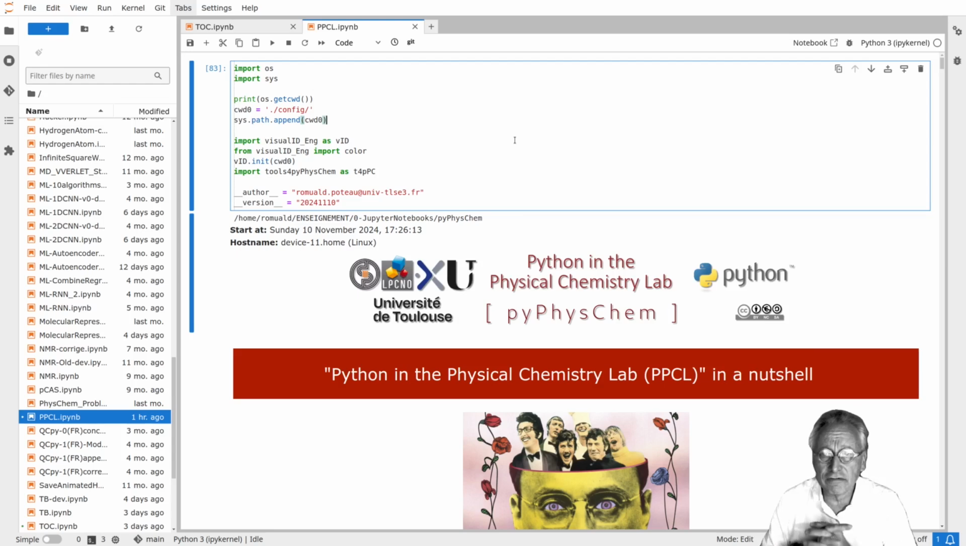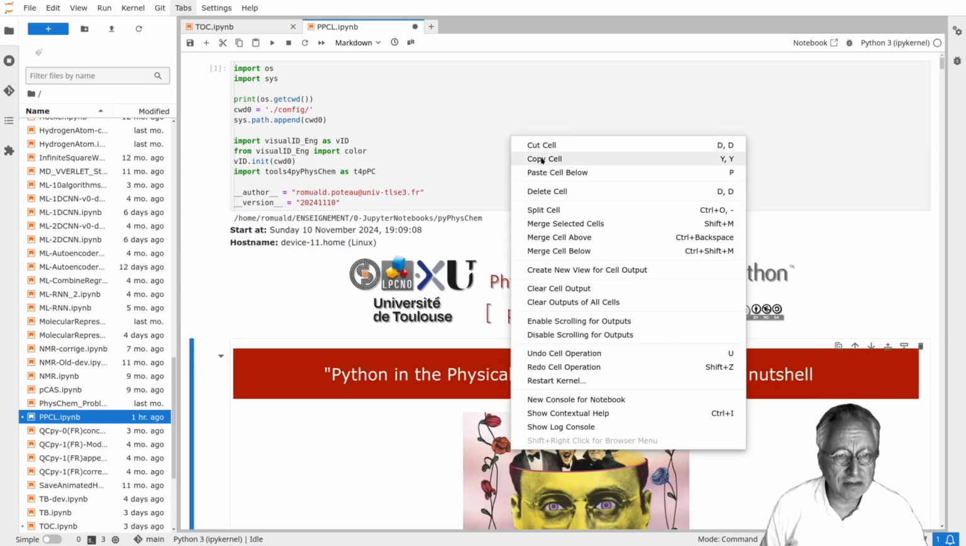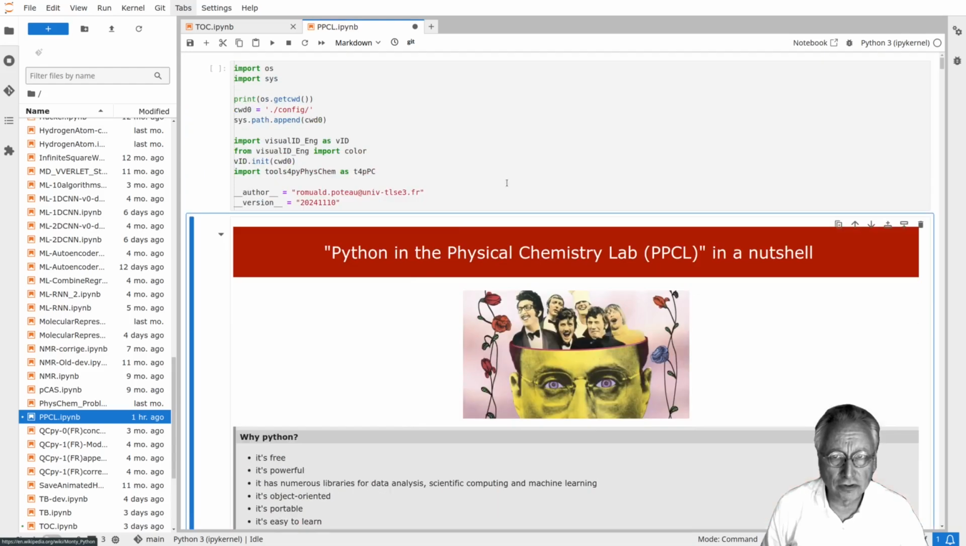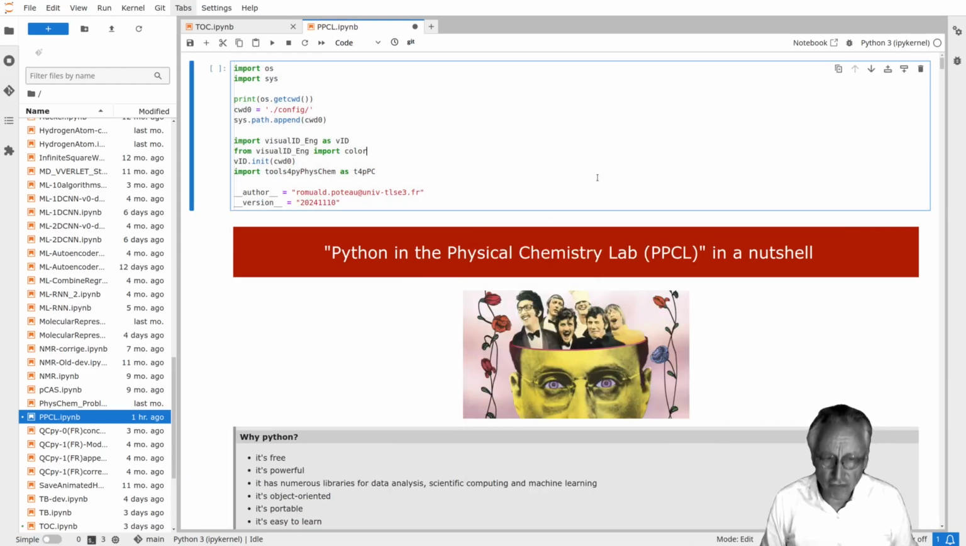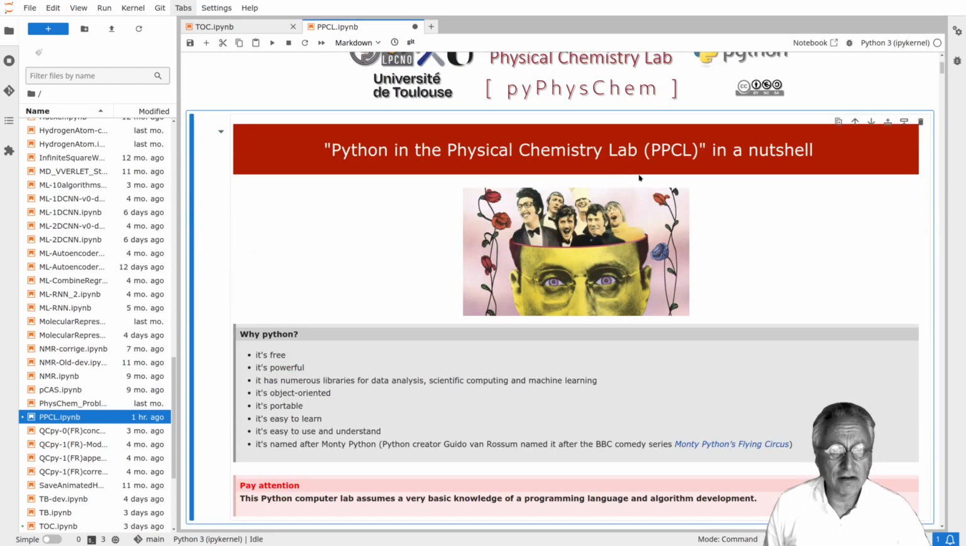And if you want to run this cell, this very first cell gives the visual identification of all these notebooks. And you can just click on the play button here, or you can put your cursor anywhere in the cell and press Shift Enter, and it runs the cell. Let me maybe start again. I'm going to clear the output of all cells. Okay, I'm going to run it again, and you can see it launches inside the notebook the banner of pyPhysChem, and you have a title, and you probably here recognize the Monty Python